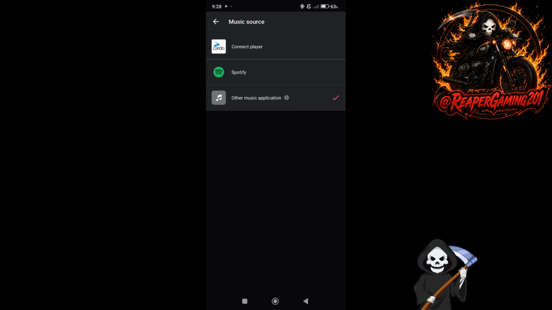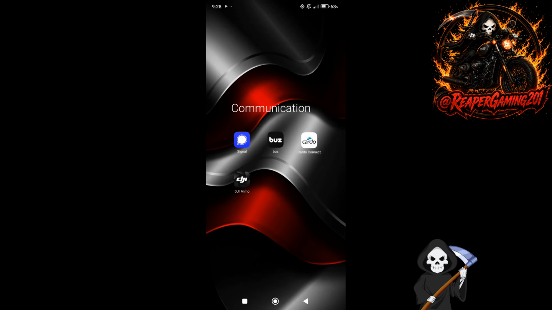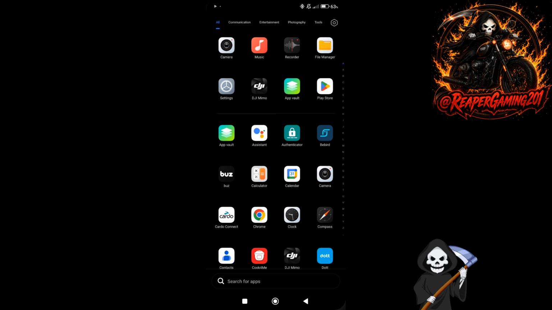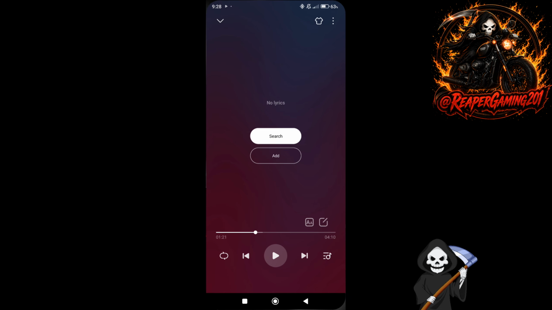Select that. Because I've done this previously, you won't see the pop-up notification, but by default, it will send you a pop-up notification to go and play a music file before it's even recognized. So we're going to go ahead and do that right now. If I just back out of that, go to my music player. Now I've already got everything selected, so on your music player, make sure everything's selected. Just go ahead and play a track. You can see there that the track is actually running.